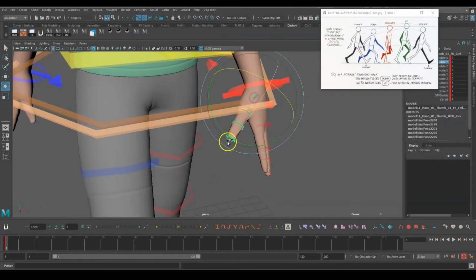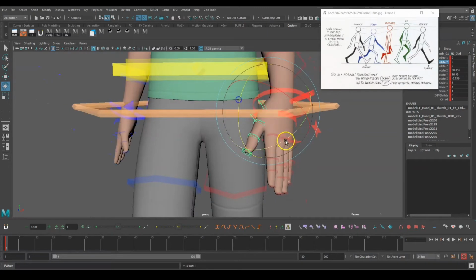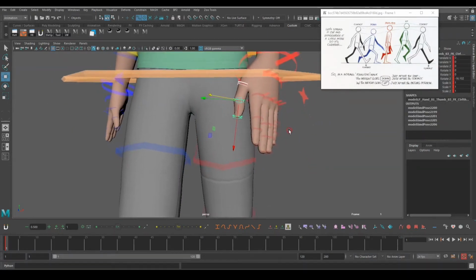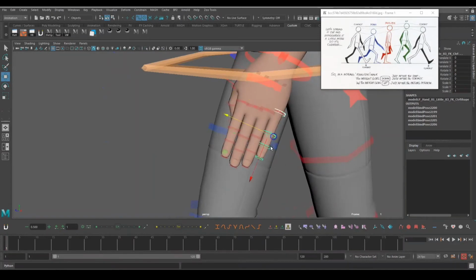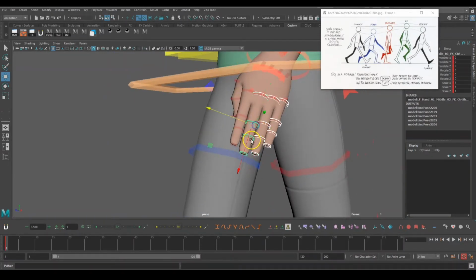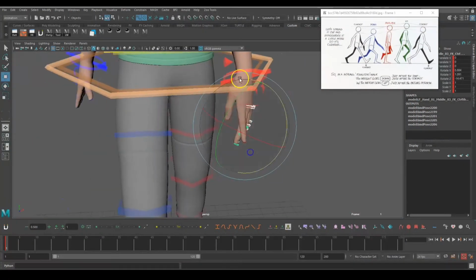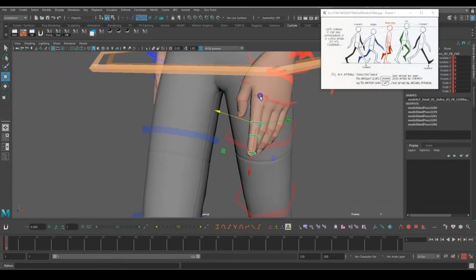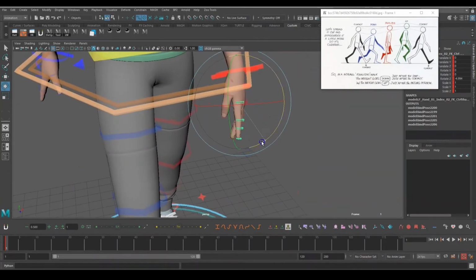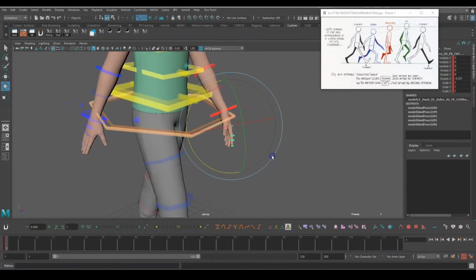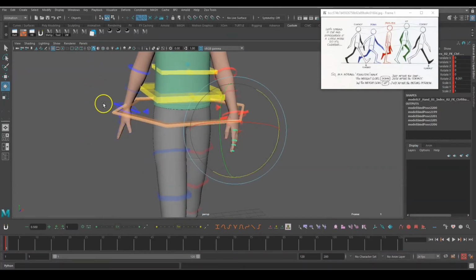Then pose the fingers. Then same you can pose this over here.